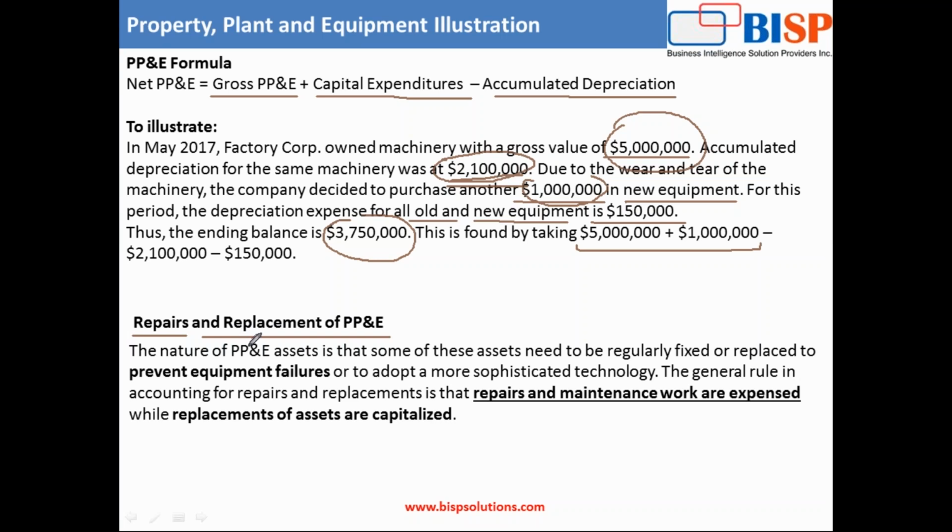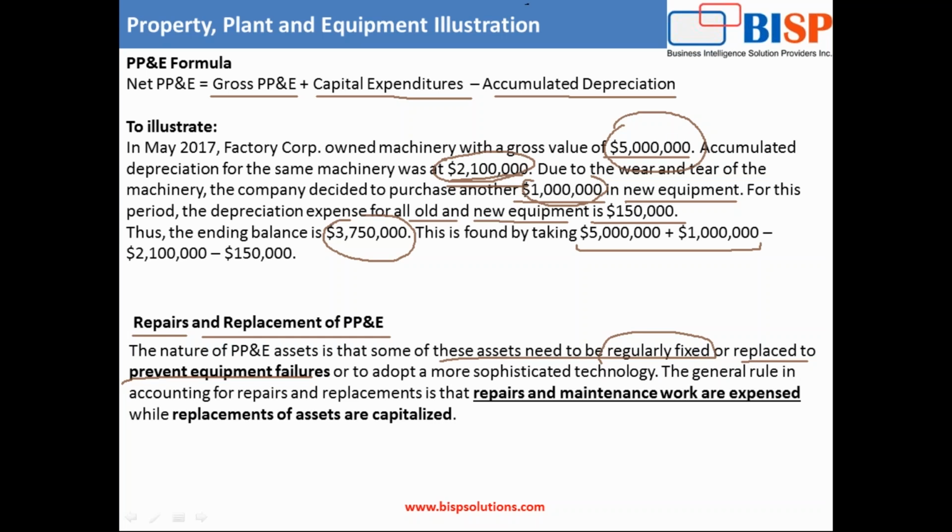The nature of property, plant, equipment assets is that some of these assets need to be regularly fixed. Maybe you have some production machinery which requires regular maintenance, or some of them require complete replacement to prevent equipment failure or to adopt a new sophisticated technology. Maybe you need to enhance, upgrade your machinery, or completely discard and bring a new one, or add new